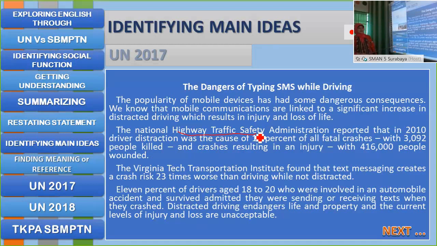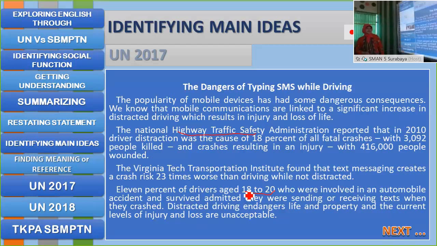And 11% of drivers aged, I think it is your age, who were involved in an automobile accident and survived admitted they were sending or receiving an SMS. They crashed. Distracted driving endangers life and property. And levels of injury and loss are unacceptable. This is